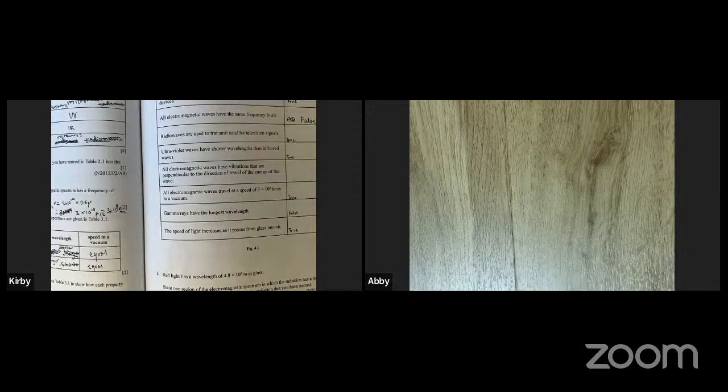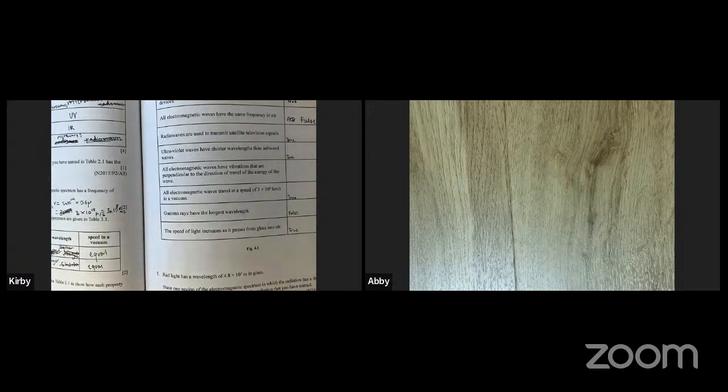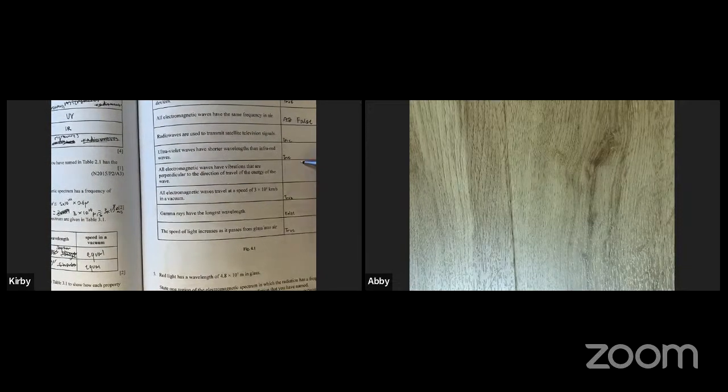So all electromagnetic waves have vibrations which are perpendicular. Fancy word for saying the vibration is not in the direction of the travel. The vibration is perpendicular, I guess, you can say that, to the direction of travel. Would that be okay? That's what the sentence is. It's true, right? This is true for a transverse wave, and all electromagnetic waves are transverse. So it is not true when it is not a transverse wave. They call it a longitudinal wave, and that's for sound. For sound, this is not true. We can talk about it later.